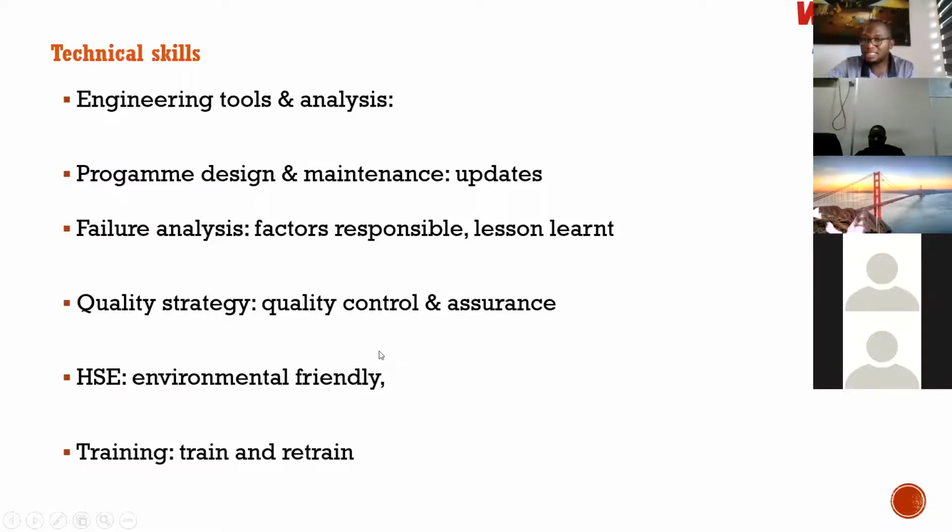If you're into digital or software engineering, you must know the latest developments in those areas. You have to know things that are happening, especially in the digital world as we have it today, because a lot is going on. Things are changing almost on a daily basis. And also COVID-19 has meant that more people are moving businesses and interaction onto the internet. So you must look at all those things and their impacts on your area of specialization, and continue to train and learn more in that area.